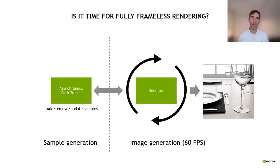And once we have this kind of control, that the path tracer can be controlled at a very fine grain of where and when to sample, then the question arises, is it time for fully frameless rendering? So by frameless rendering, I mean that the denoiser and the image generation pipeline runs entirely decoupled from the sample generation. So you can imagine running the denoiser at a fixed frame rate of 60 FPS or even 120 FPS. And then every time it needs to generate an image, it takes the currently available samples and generates the image. And then in that scenario, the path tracer runs asynchronously to add, remove, update samples, as many as it can